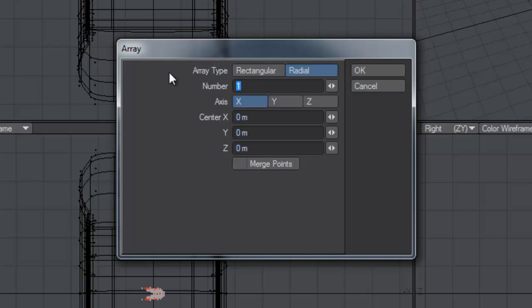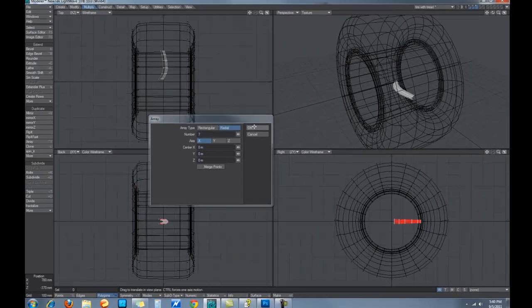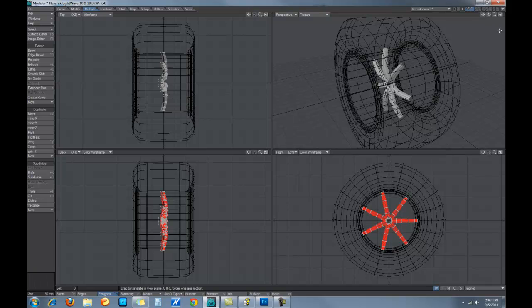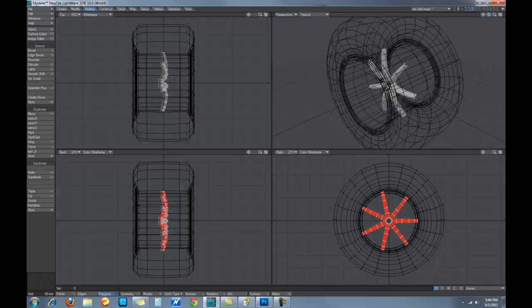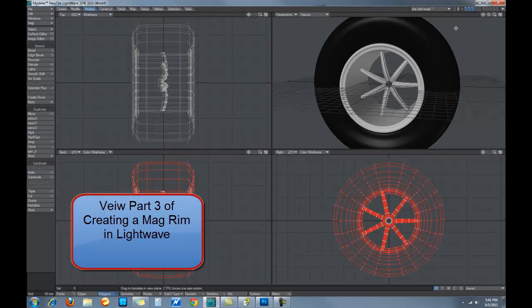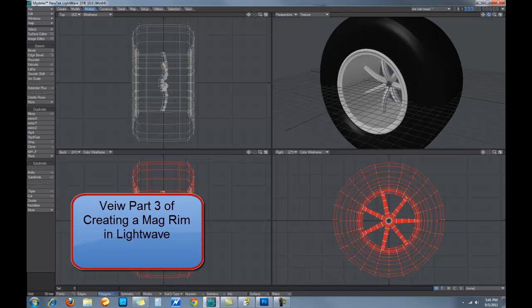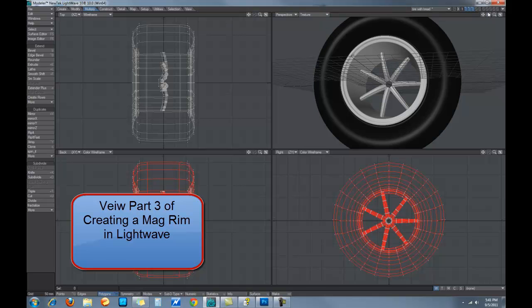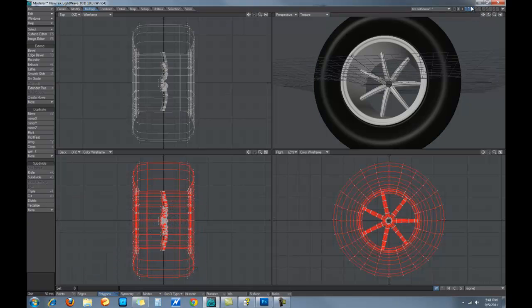And the number of mags we want, let's do 7. Okay, and click OK. And if you notice, it created all of that for you that quickly. So let's hold down the Shift key and select these layers again, and it's starting to look like a tire. You can kind of fine-tune the inside of the mag